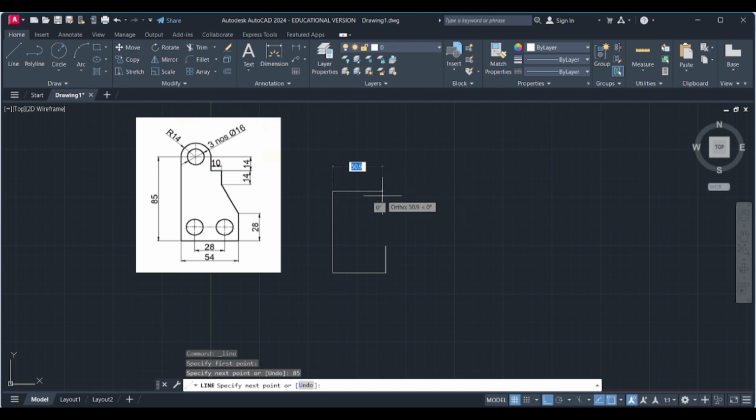I am drawing the horizontal line that is equivalent to the radius of the upper portion. So the upper top side of your drawing has a circular feature. Its size is given as radius 14. So the diameter of that particular portion is 28. So that I am typing here as a line. Okay, then